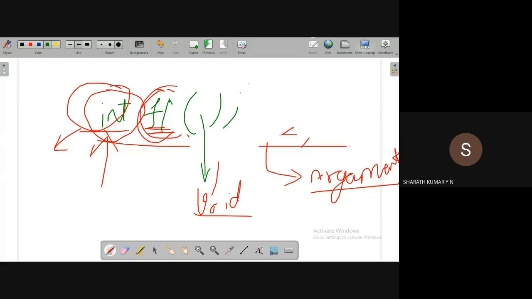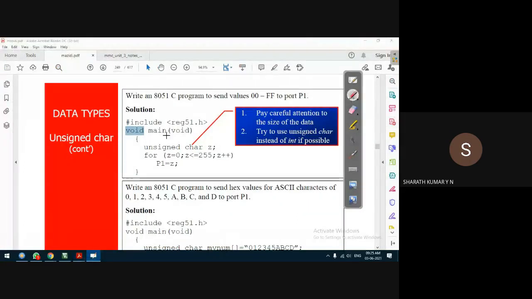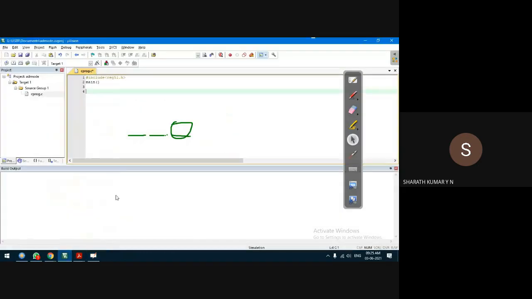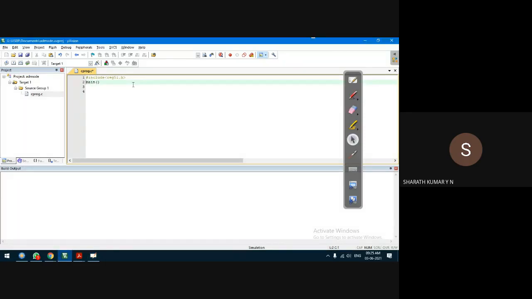But in embedded C, we specify the same thing for the main function as void. That means the main function is not taking any value from the user as input, nor is it returning any value. That is, it is void. Do you understand now? Very simple, void is a data type in C language which represents literally nothing. But it has a good meaning. This concept of including void depends on two things: one is the compiler and the other is the context in which we are using the C language.